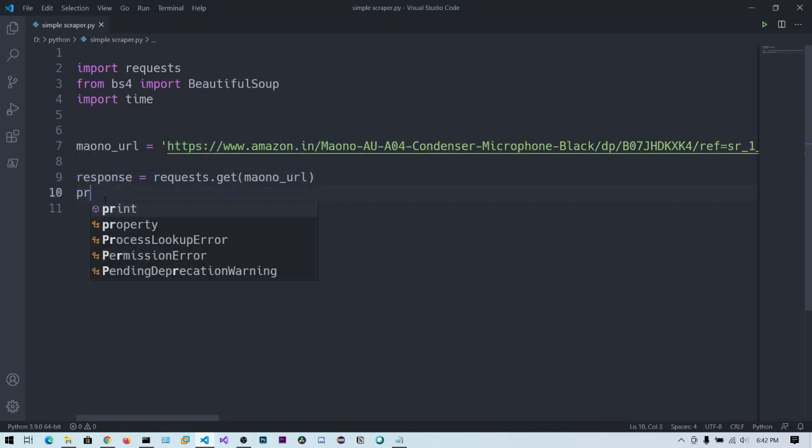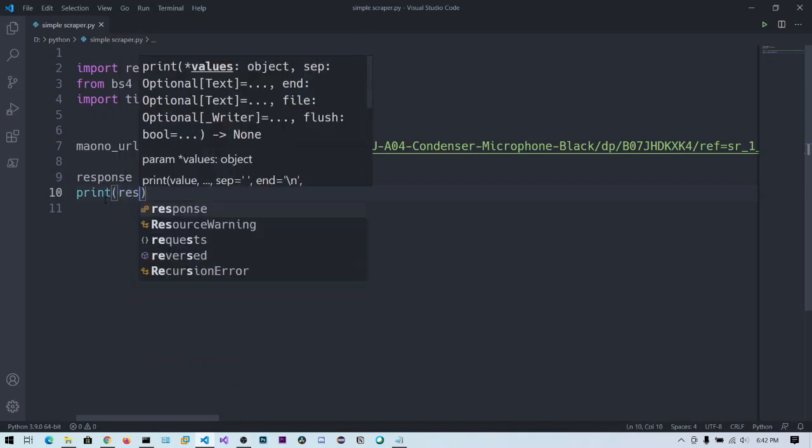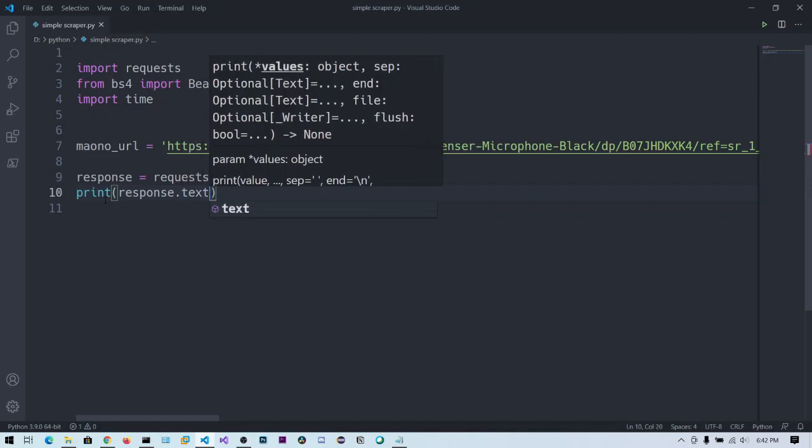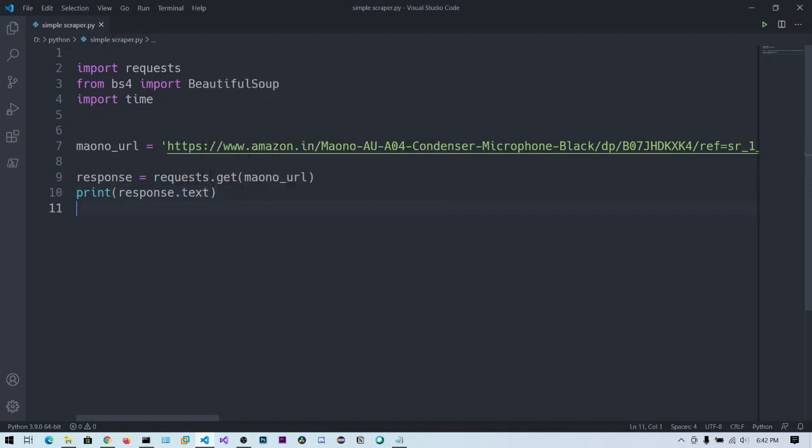Now we need to print the response to see what exactly we are getting. To see the HTML code, you need to say .text. You can also retrieve the status code by using response.status_code. But in this scenario we are going to see the HTML code. So let's run this program.